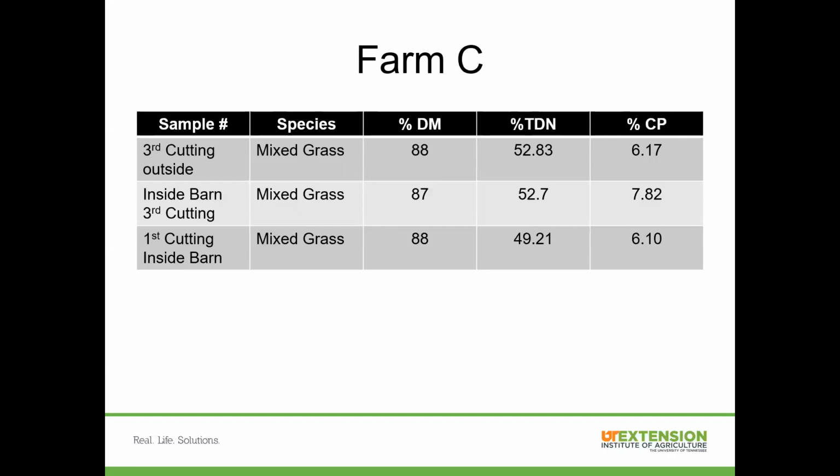The fourth farm here that we did is several cuttings. This one is real interesting because you've got some really good hay. If you were looking here and you were feeding from top to bottom, this is the way you access your hay. Then looking at the first